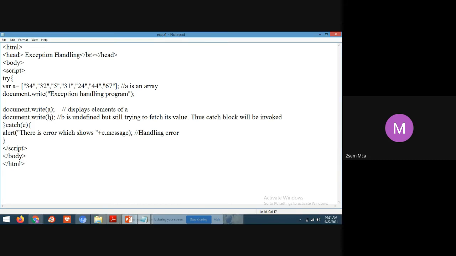This is a simple program, students. Generally, in exception handling, which program do we write? We write the divide by zero program. Does anybody have a doubt in this program, students?